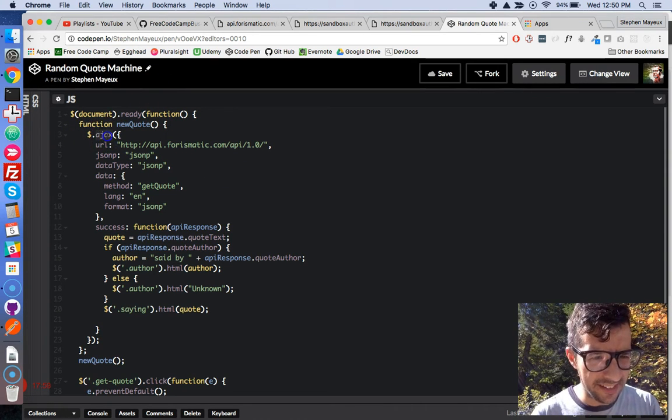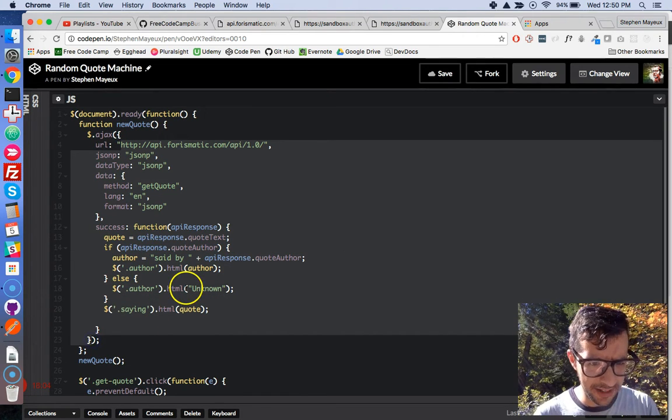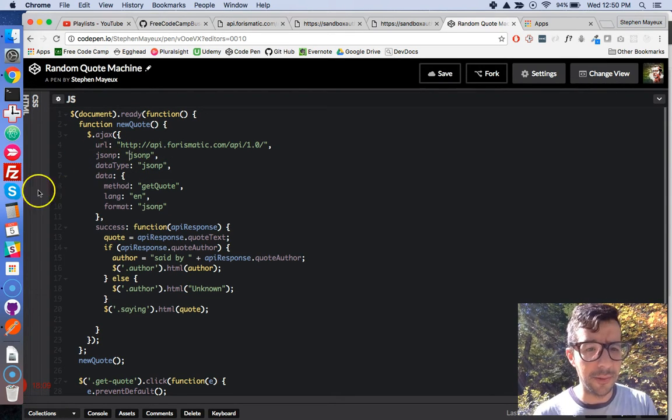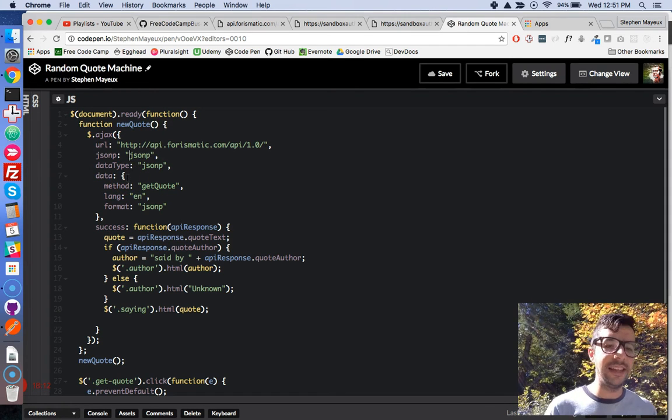So essentially, this AJAX method takes an object as an argument, and you need to configure it. You got to give it the URL and the API endpoint. You got to give it some parameters if that's required. And then there's this success property on the object, and this is a function. Basically the response that we get from the server, that's that variable right here, API response, and then I can inject that into the DOM or do whatever I want with it.